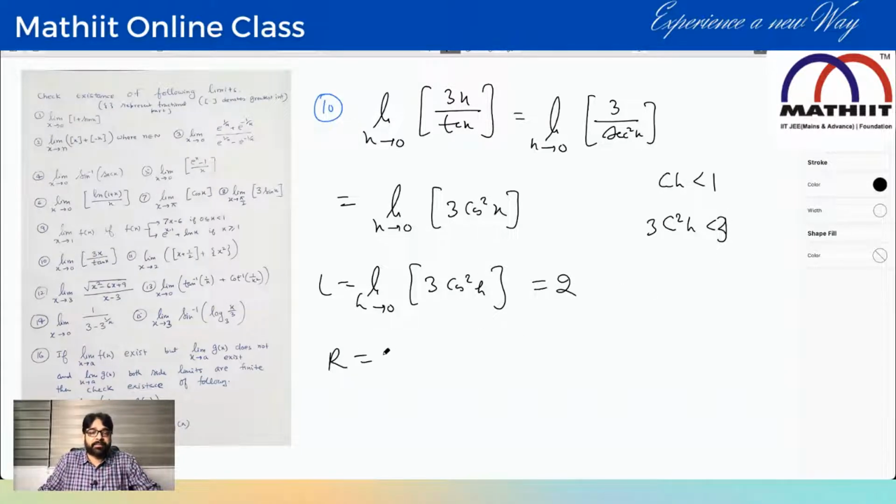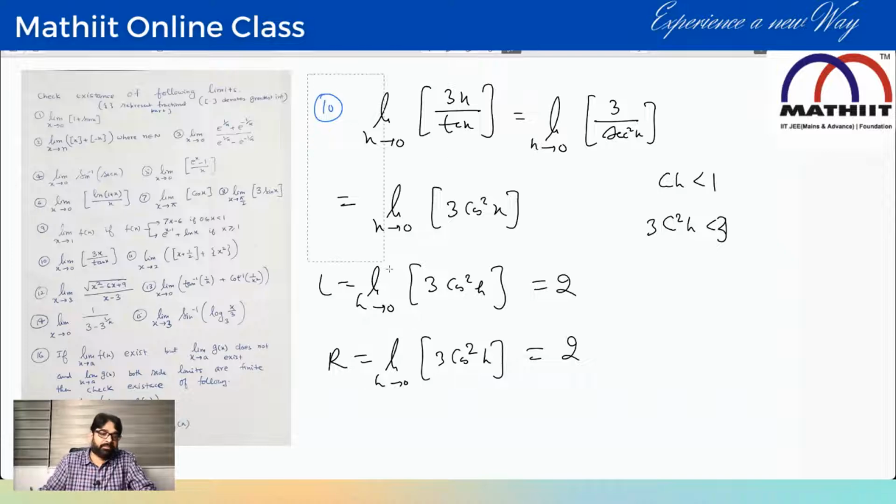Right hand limit, h approaches 0, greatest integer of 3 cos square h. Don't compare these. The value is again 2. Those two are equal, so the limit exists. Very simple question. I'm sure everybody is able to understand. Yes? Now,